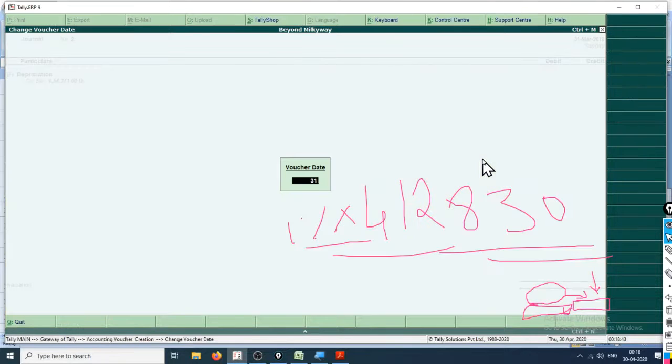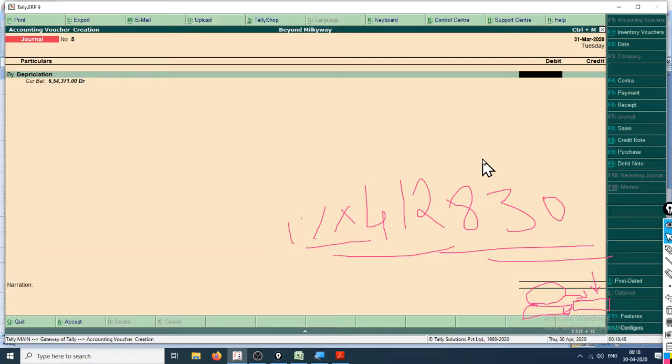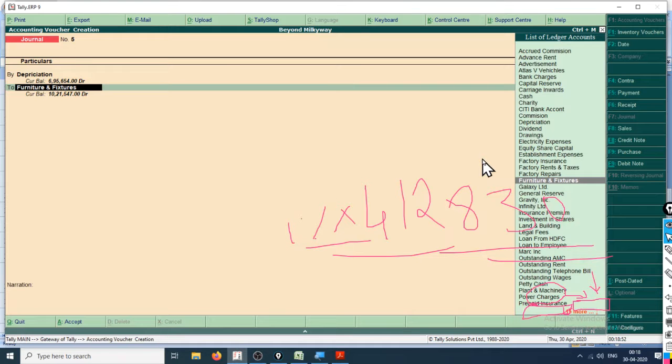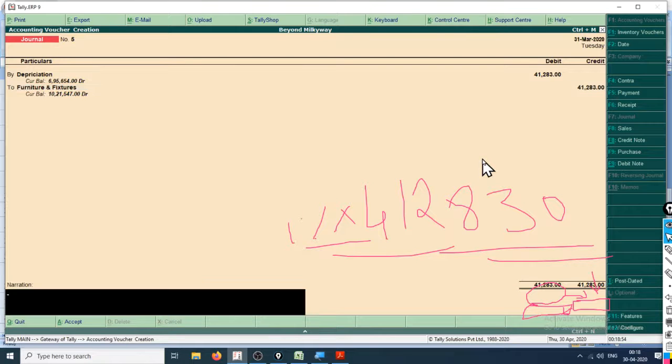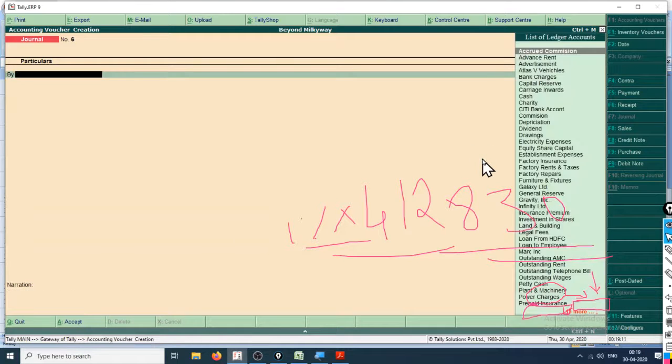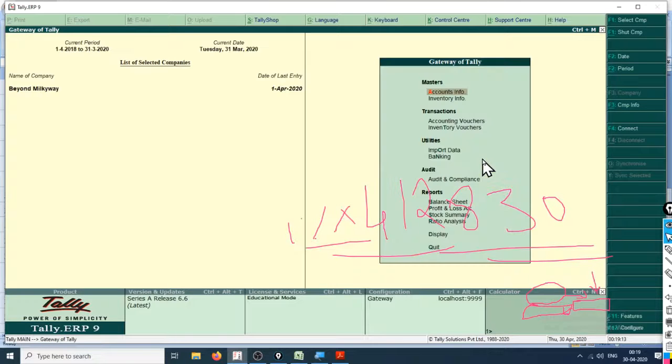The date should be 31/3/20, and debit the amount of 412,830, 10% of this. Depreciation at 10% on F and F for the year 2019-20. Okay, enter, accept. Hence that entry is created.